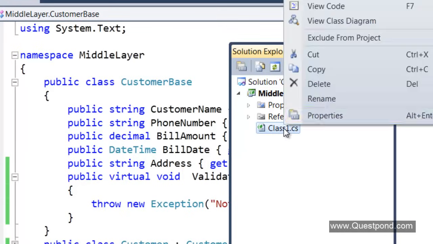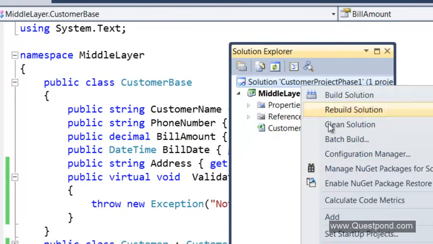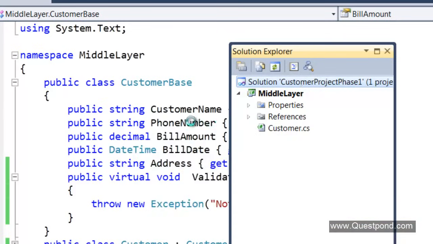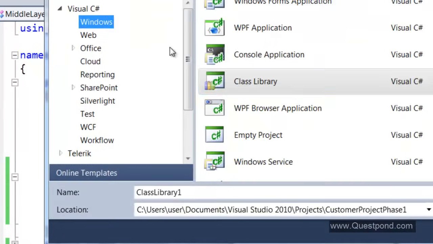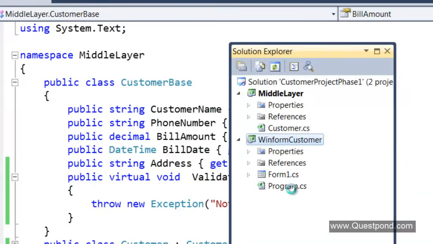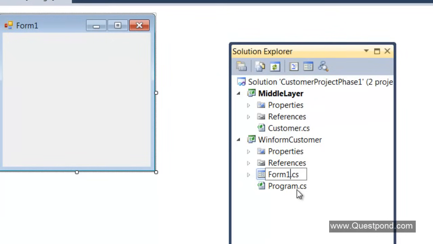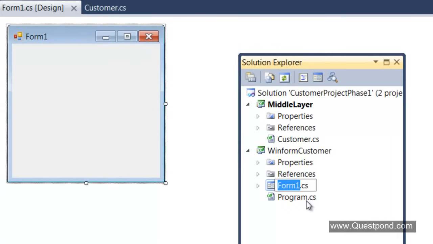Let me also rename this class here to customer.cs or something, right? So let me go ahead here and add a new project. Let me add a Windows form here. So I'll say win form customer, right? And there is a form. Let me rename this form to a nice name. Actually I'm creating a Windows UI to consume this middle layer or the domain objects that we have created.